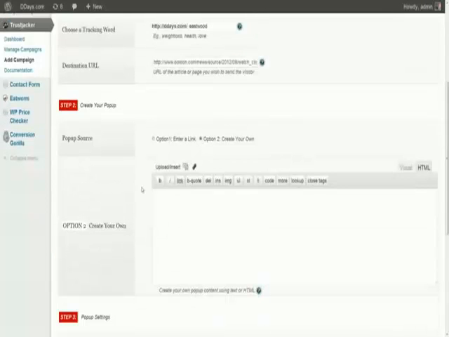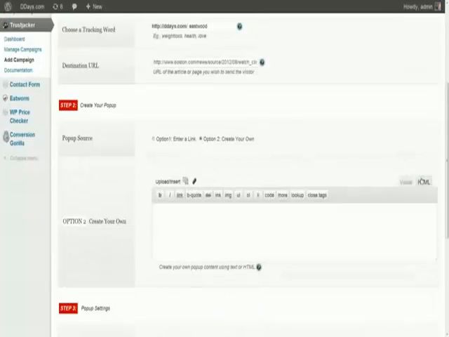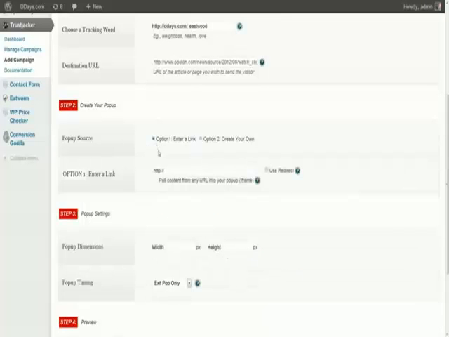Now the more complex way to do this would be to use your HTML or your visual editor and create a pop-up. I'm not going to get technical here, but this would be just a link wrapped around an image that maybe you put up on your site, something like that. But I won't get into that. I'm going to get into that in another more advanced video later on. But for now, the easiest way, and probably actually the more effective way, is to use option 1,